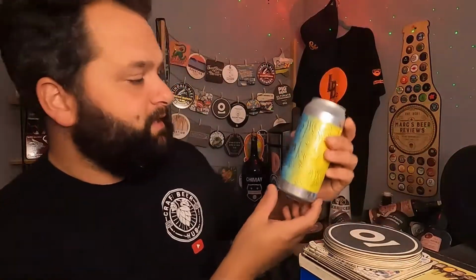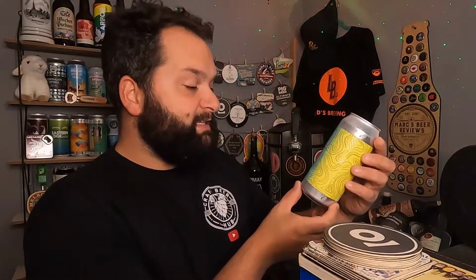What is it? It's Kapa, a Kentish American Pale Ale. Fair play. So I imagine there's probably going to be a mix of hops in there that make that the case. Unless it's malt, it could be malt, but it's most likely hops. These craft breweries are always hop forward in terms of how they market their cans or bottles. But yeah, this is probably going to be a British and American hop collaboration, similar to what we saw from